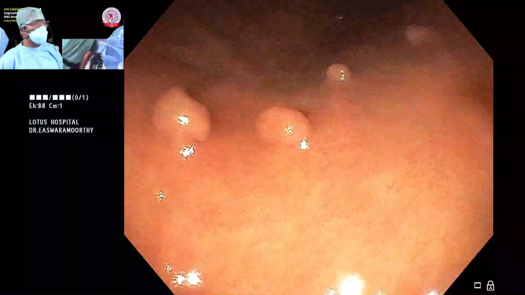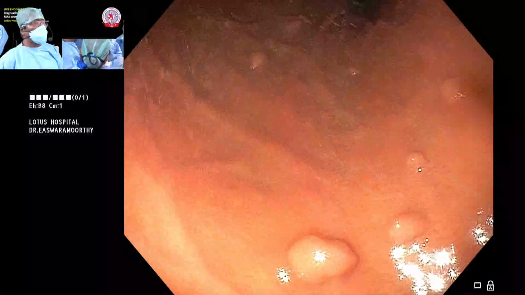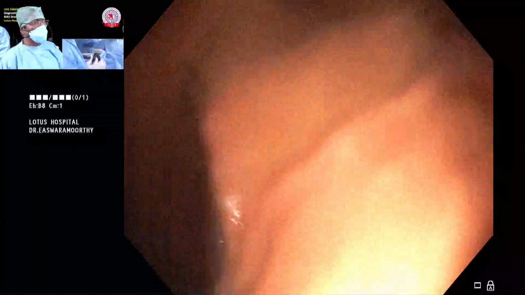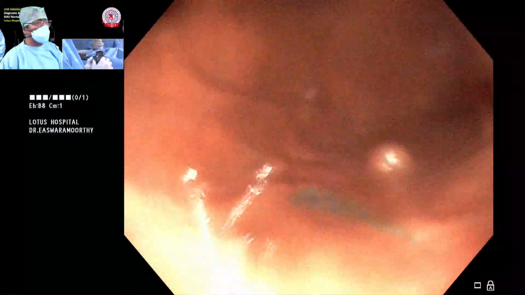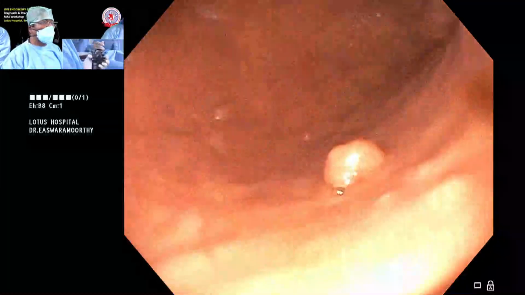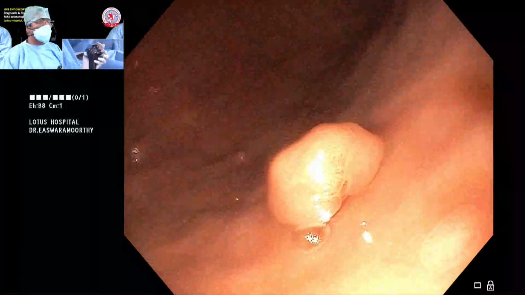I can remove this under the J maneuver like this, much easier, or we can go the conventional way, whichever way possible. Let me just see, the easiest is to go this way, keep the scope straight. I just demonstrate here and come out. So there is one polyp. For a demonstration principle, we demonstrate and go inside the submucosally,